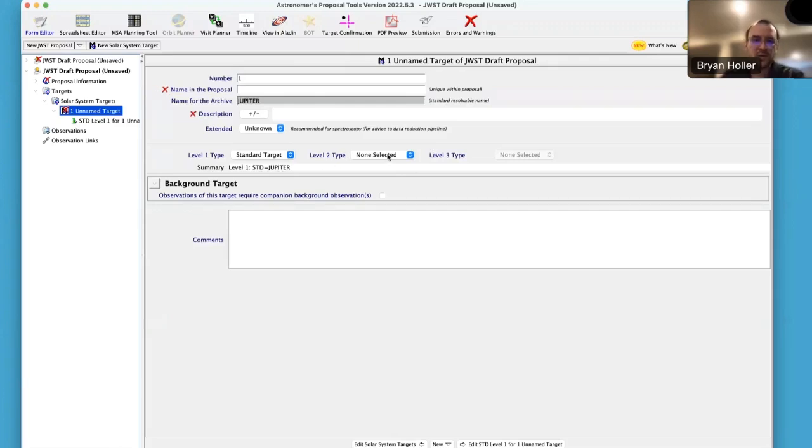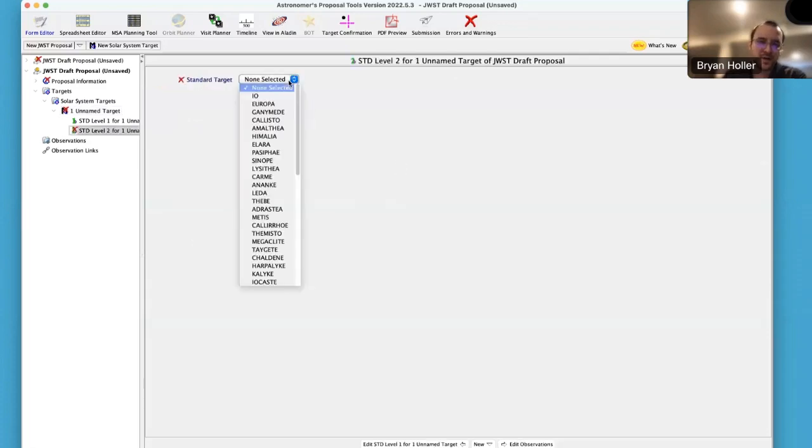So level 2, in this drop-down menu, we select standard target again. But I'll point out here that there is an option for satellite. We don't actually want that in this case. Io is a standard target under Jupiter, right? It's one of the named satellites of Jupiter, so it's considered a standard target as well. Satellite here is if it's not a named satellite, right? If it's recently discovered, it doesn't show up as a standard target, and you have to input the orbital parameters yourself. So to avoid having to do that, we select standard target, and we see this long list of named